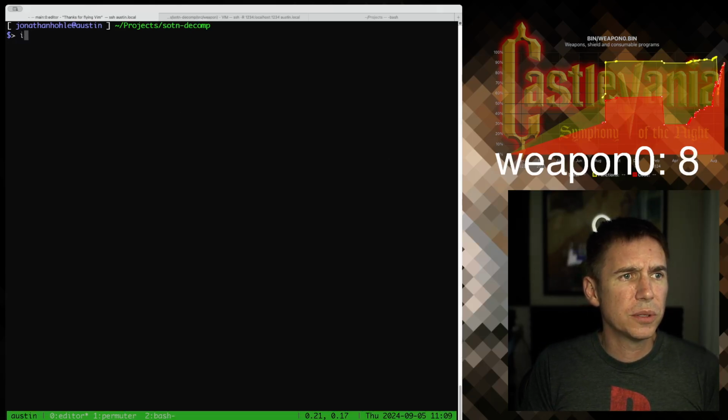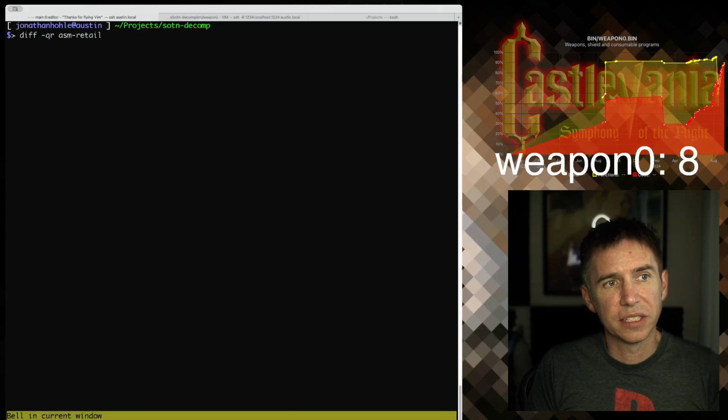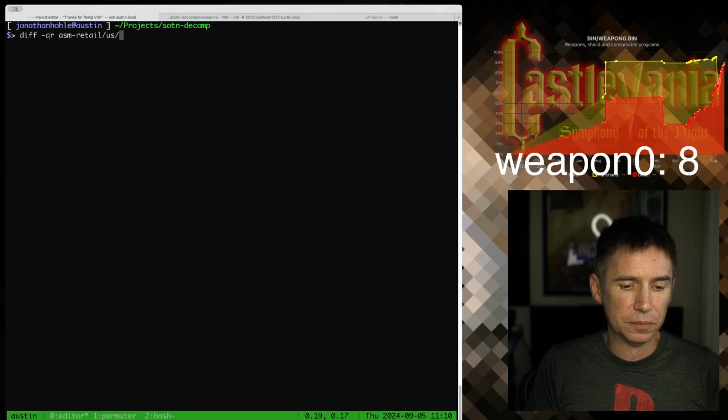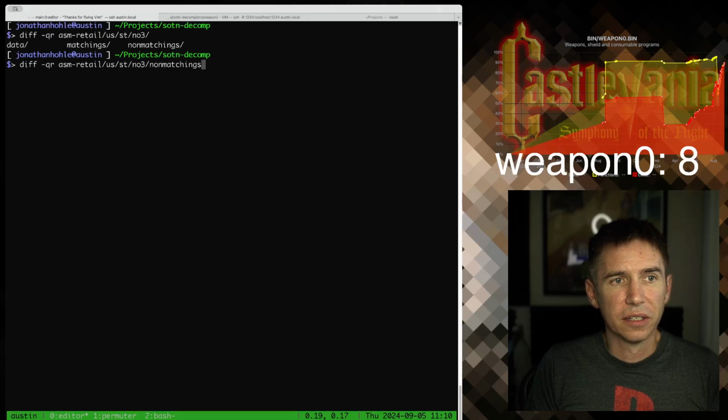So what I was doing earlier is just using diff to look at the assembly. I've extracted all the assembly into ASM Retail and another one into ASM Rando. So I'm going to look at the US version of the game. I started with a stage, something like NO3, and we could look at the non-matchings,